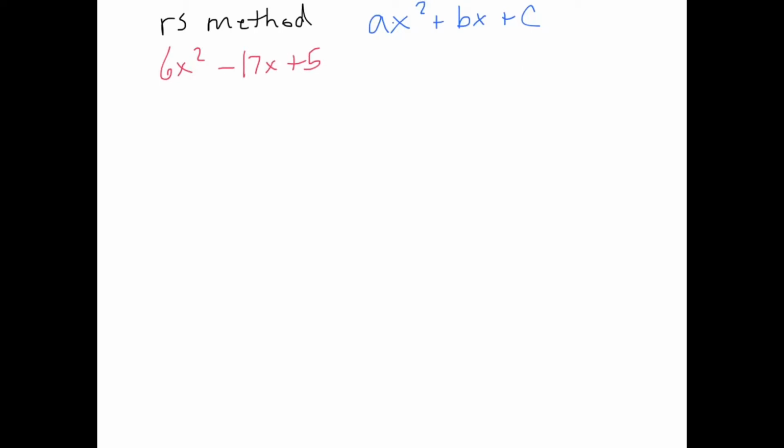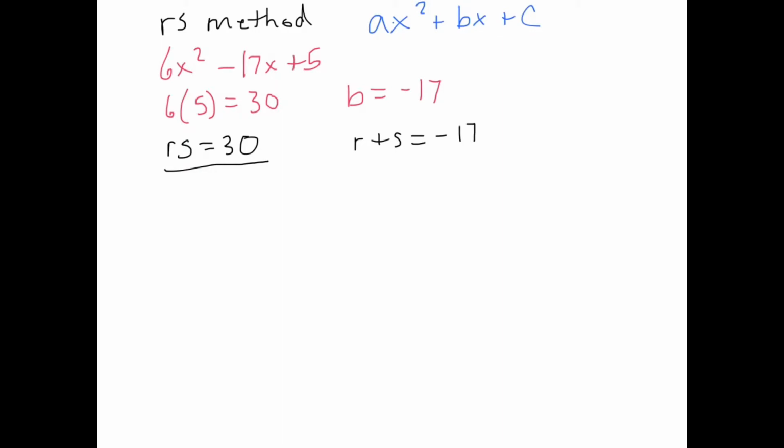The RS method says look at the a term and the c term and multiply them together. That gives us 6 times 5 equals 30. And then identify what our b value is. And in this case, it's negative 17. We now want to see what factors of 30, when added together, equal negative 17. Well, 30 has plenty of factors, a few of them being negative 1 times negative 30, negative